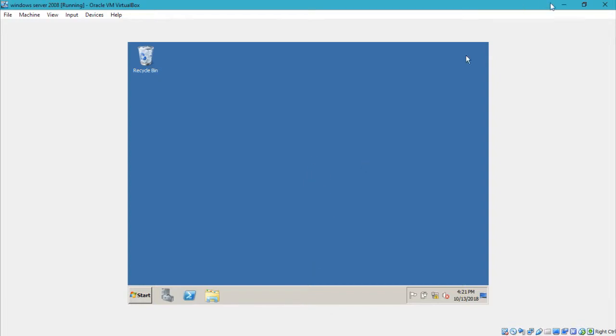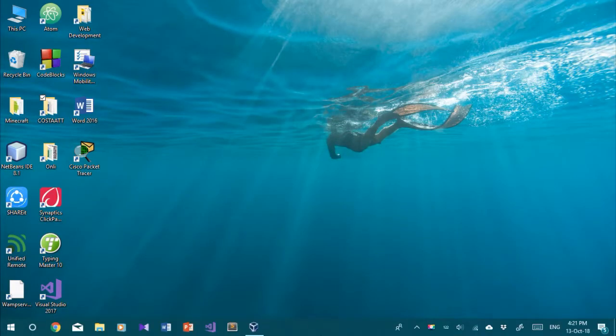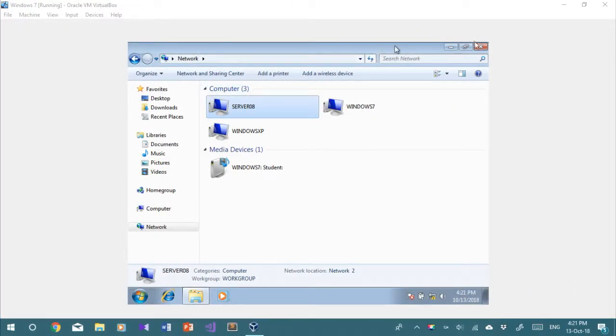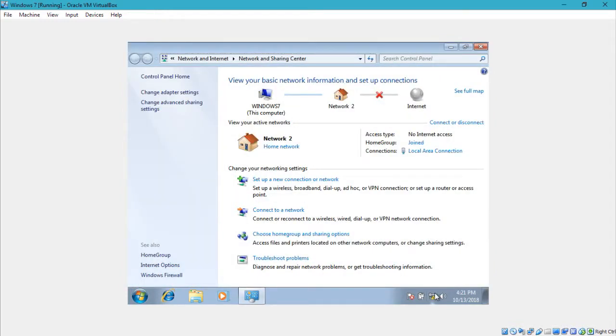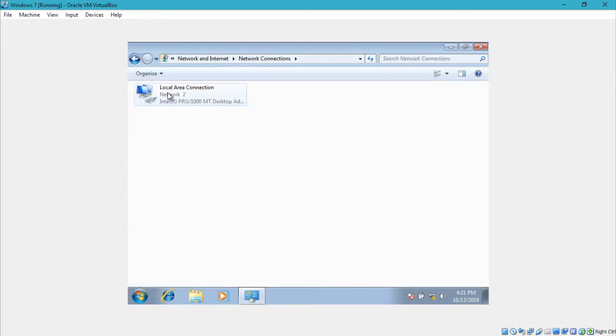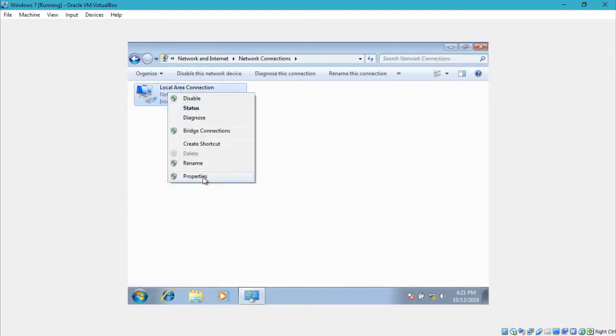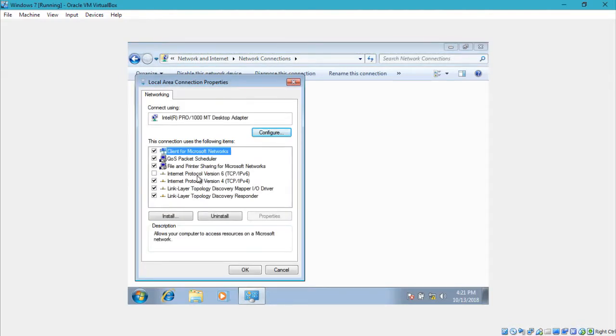Next, we go into our next OS, which will be Windows 7, and then we go through the same steps as we went through with Server 2008. We go into Network and Sharing Center, change adapter settings, then we go into Properties. Disable IPv6, enable IPv4 properties,